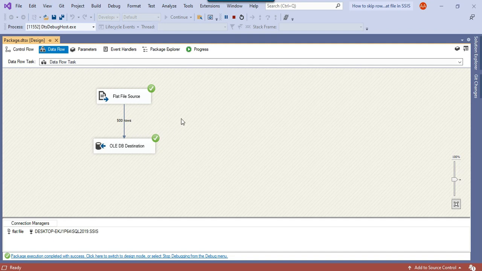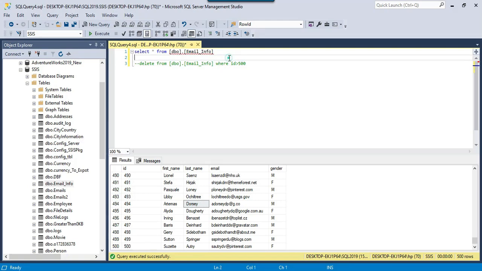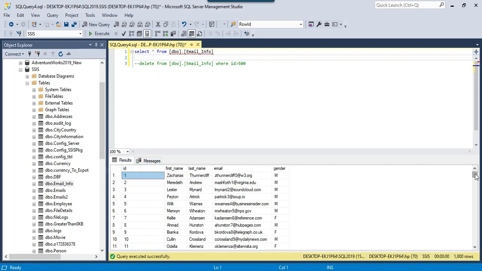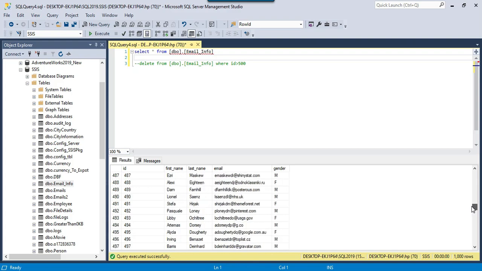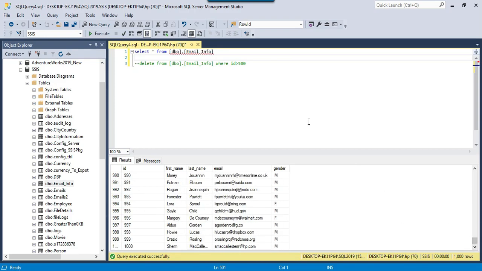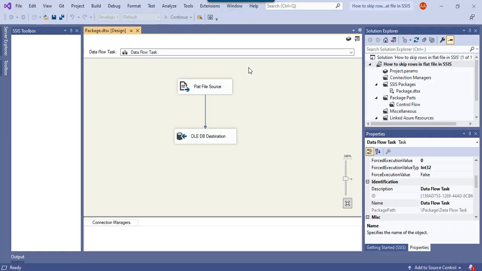You can see that it loaded only the 500 rows. And now I can go back to SSMS, and then I can select the data again from the SQL Server table. Now you can see that we got the 1000 rows in the SQL Server table, and after 500 rows there should be more rows from the CSV file. You can see that till here the data was before running the SSIS package the second time, and after 500 IDs the rest of the 500 records got inserted. So I think this seems good. You can use this method to skip the rows from the CSV file while loading through an SSIS package.